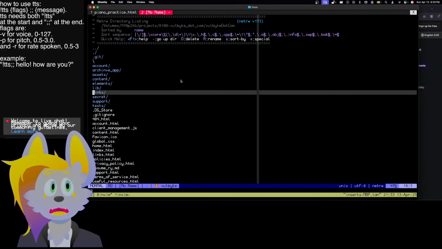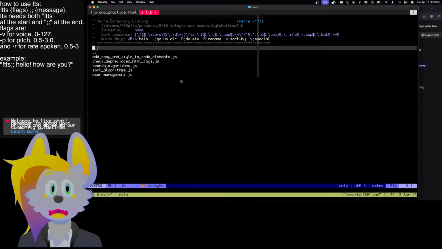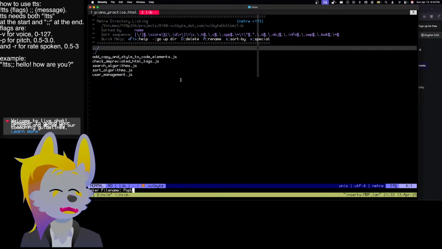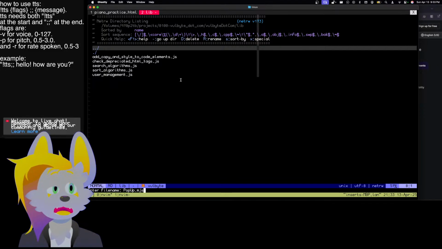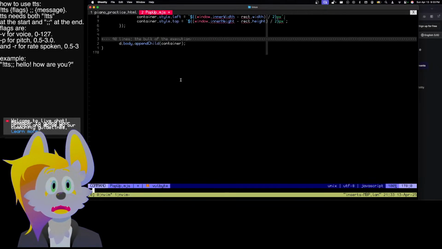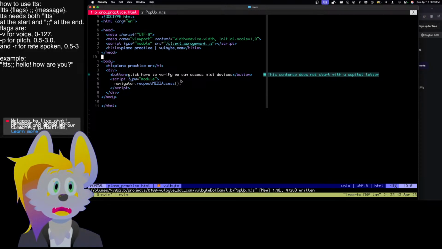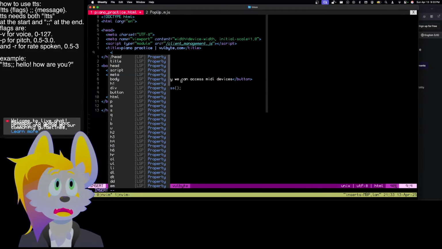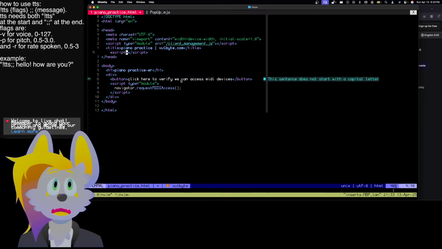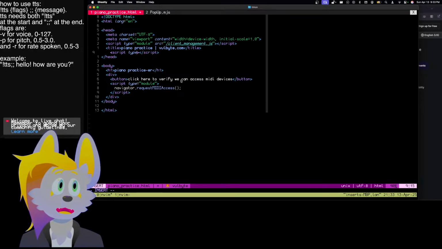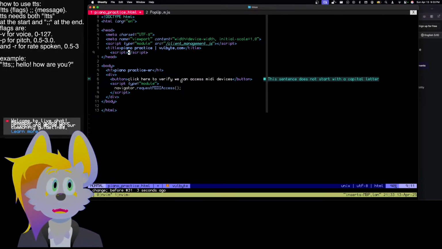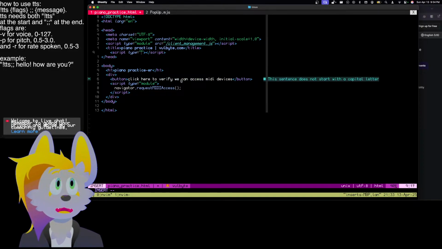Then I should be able to go here. Once I'm in here, I should be able to go lib. Then we'll go here. We'll name this popup.mjs. And we'll slammy in there. Cool. And then from here, what we'll do is a very quick script. The script will just be type is equal to a module, and then the source is going to be equal to